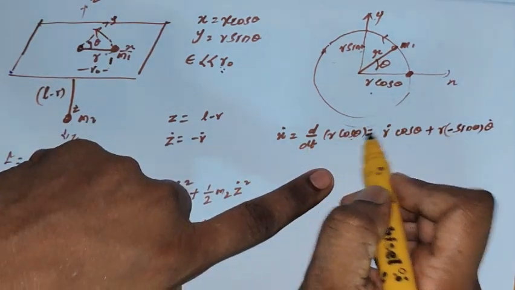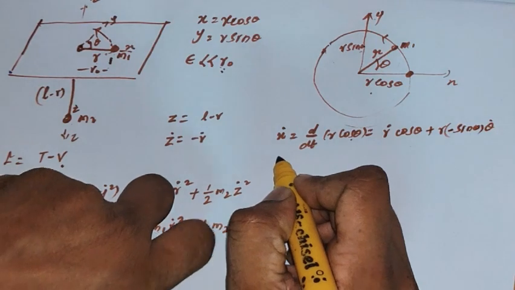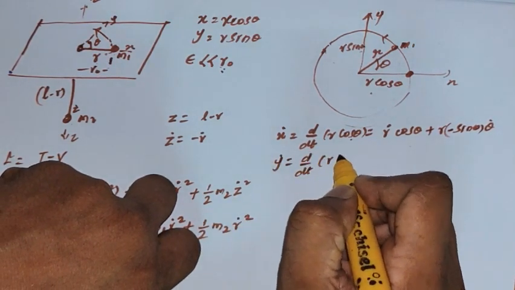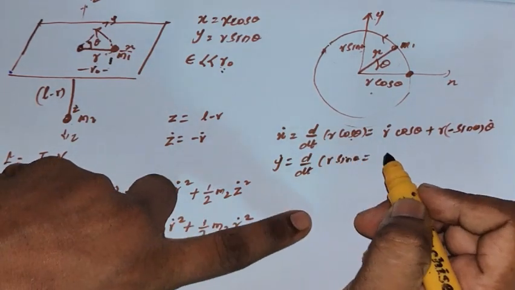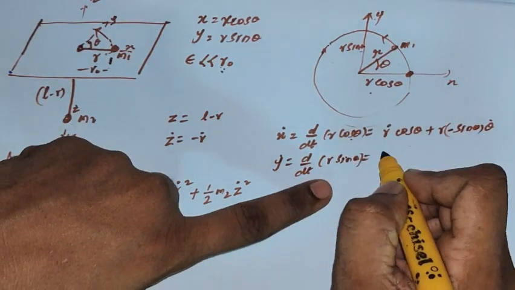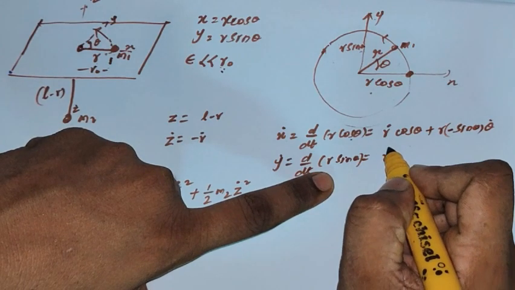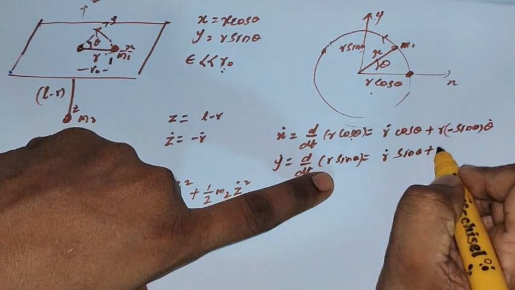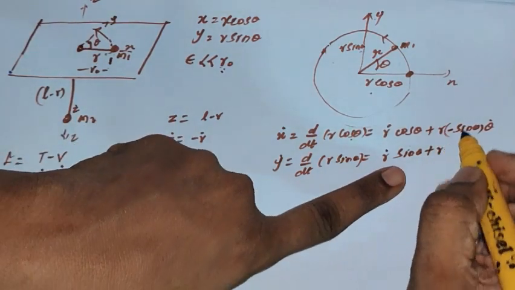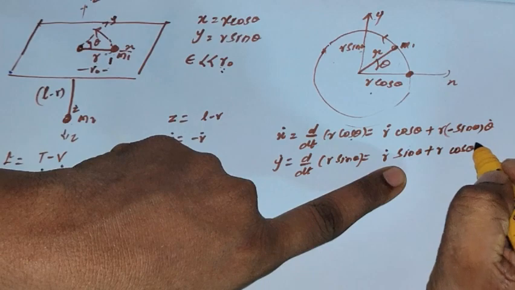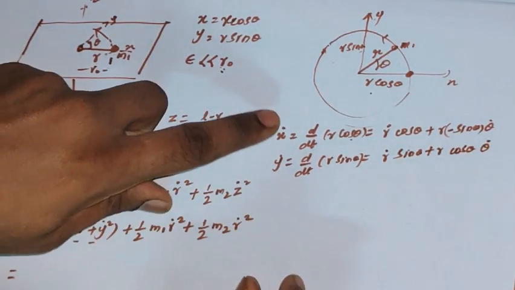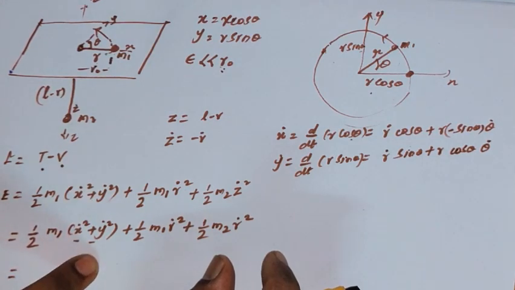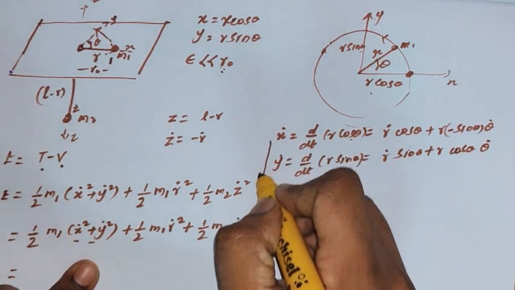First take the function, then the argument. Similarly, y dot is equal to d by dt of the y coordinate, r sin theta. Again using differentiation by parts, first r dot, keep the second one, then keep the first one. Taking the derivative of sin theta, it would be cos theta, with respect to time, then theta dot. This is x dot and y dot. Now we can find x dot square and y dot square. So we can do it aside.